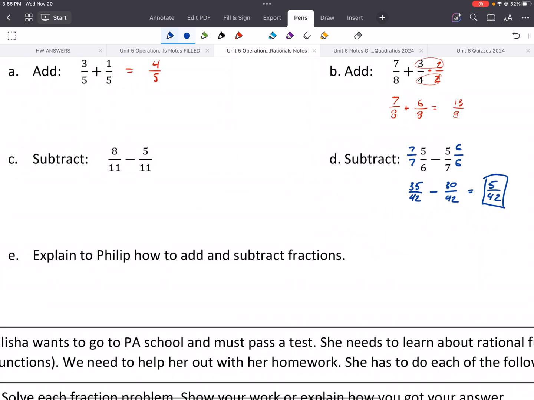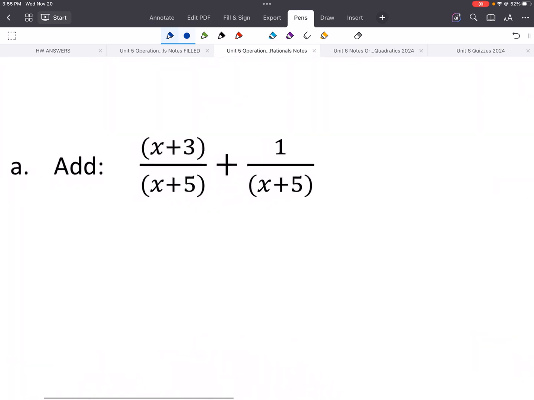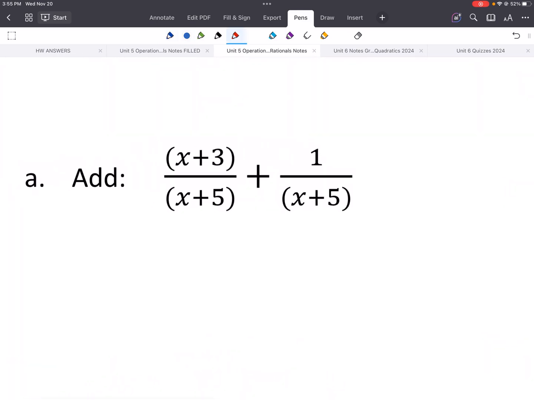All right, so now let's look and see what that would look like if we had rational functions. So here I had my classes, I think, pretty much have the exact same mistake when we did this problem. Again, we already have common denominators, so we can combine the numerators. So our answer would be, on bottom we would have x plus 5, and then on top, what do you